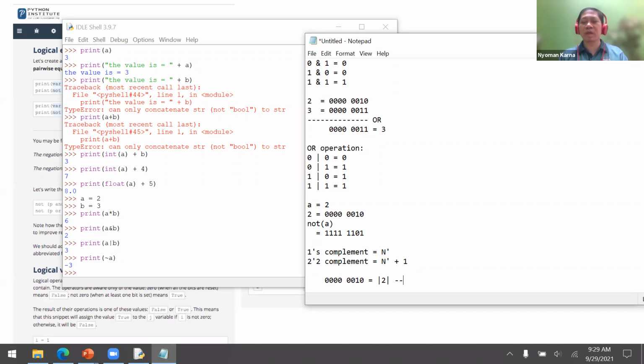So it's supposed to become -2. But it says that print not A is -3. So it's not 1's complement.